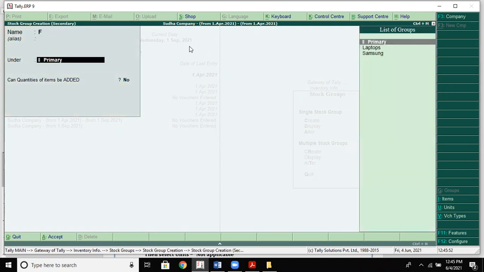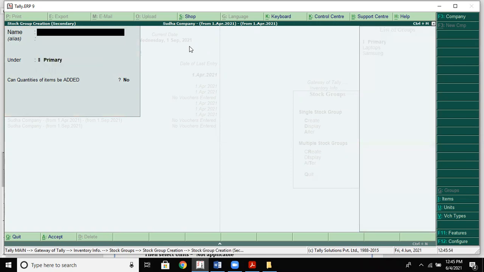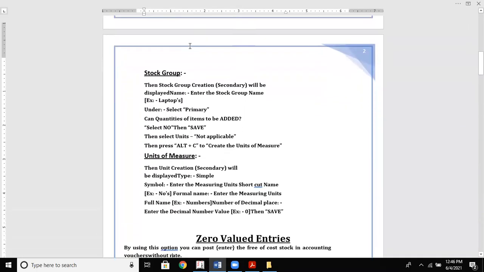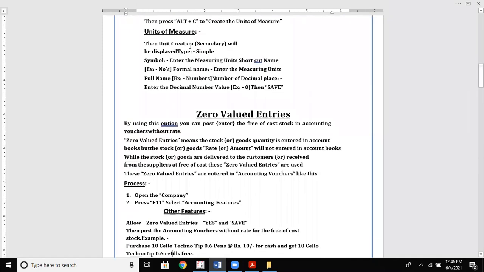Like that, you're writing something here and creating all C. So like this, you're going to create. Then all C. So in this way, you can create the stock group, stock items, and units of measure at one shot.